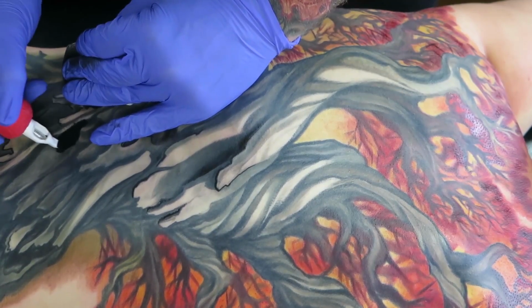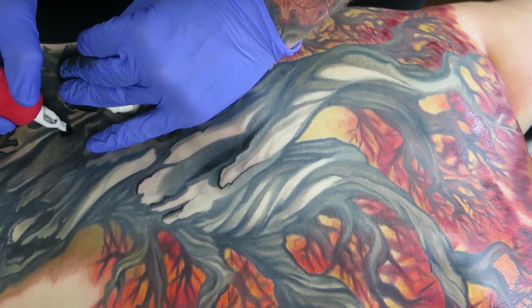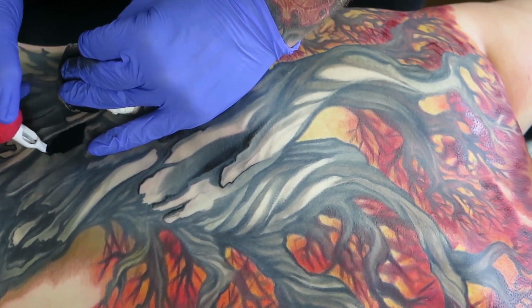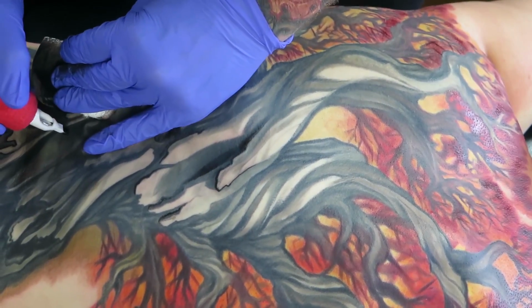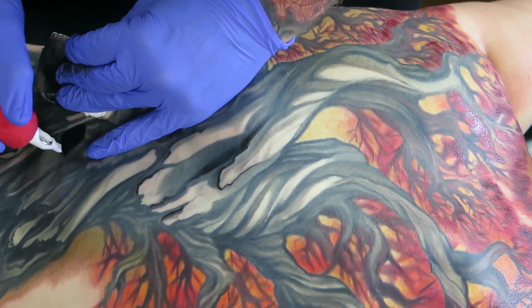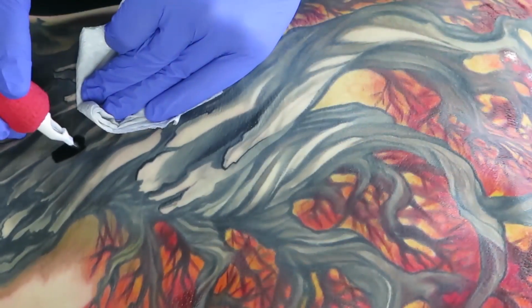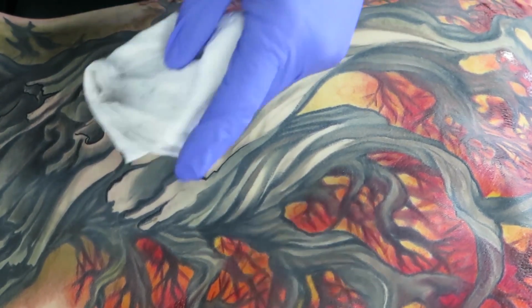Now, if this were a full back mandala, then obviously everything that I'm talking about here goes out the window. This works really well on organic, painterly tattoos like this. Now, that's not to say that you won't find another use for it. It works well for me in this setting. You may find a use for using a 5 mag in a mandala. I don't know. But what I'm encouraging you to do through this video is to just explore, experiment,